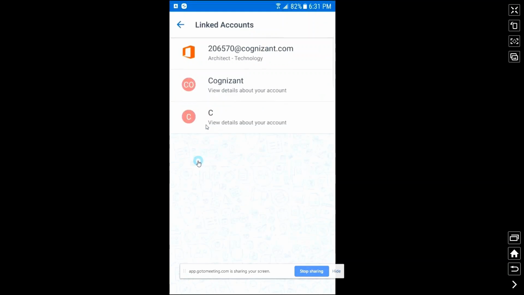Okay, so for example, linked accounts, you can see all my Office 365 accounts. One is my company's profile, which is an Office 365 account, and I also have my own tenant. Those things you can see over here if you have linked them. So these are the things that will be shown under linked accounts